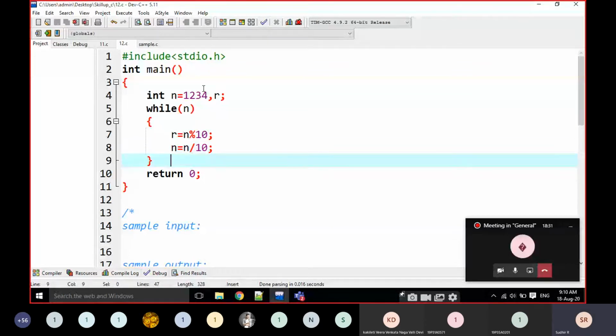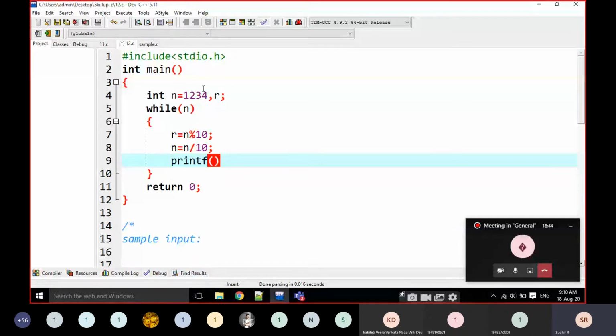Look carefully. This is the base program, the base scenario. For example, I want to print here: percentage d, space, percentage d, slash n. I am going to print r comma n values.